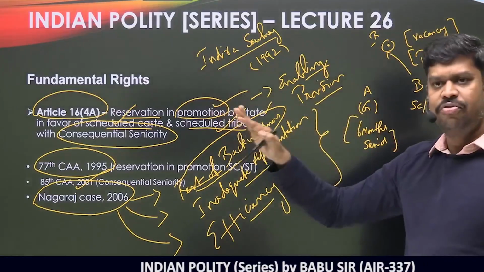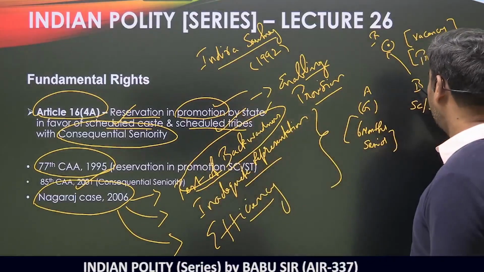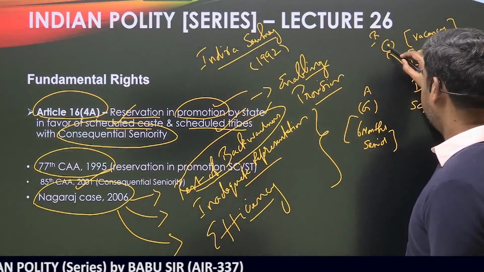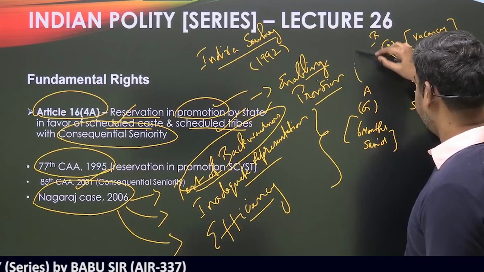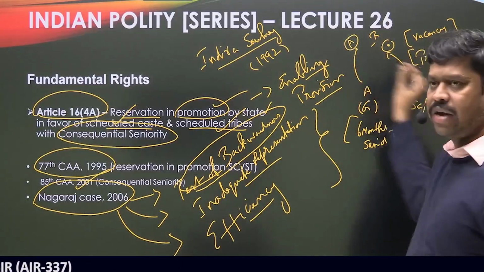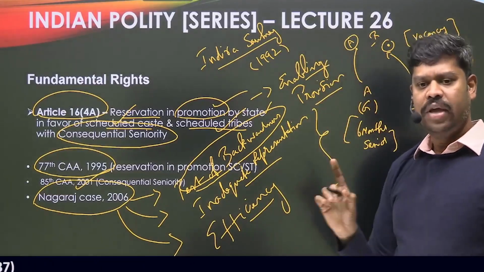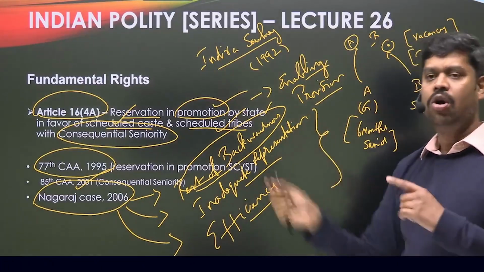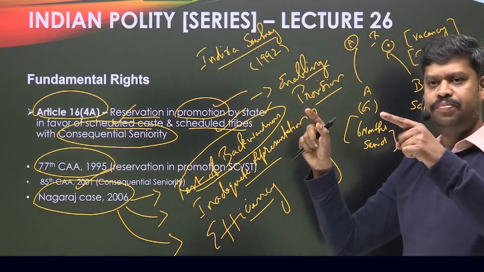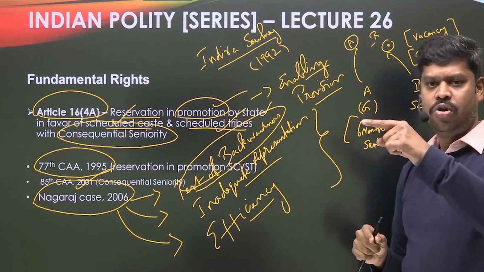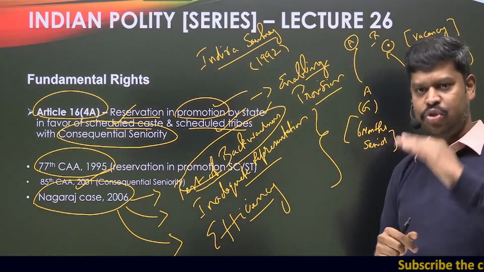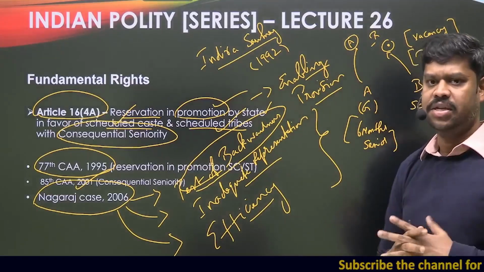Before the principle of consequential seniority, although B got promoted before A, and thereby B becomes senior, let us assume again there is a vacancy for the general, and A also gets promoted to this same rank. When both A and B come to the same rank, although B got to the senior rank first, A also went to that rank later. The moment A also got promoted to the same rank, A will automatically become the senior, because by virtue of the joining in the service, A is a senior.